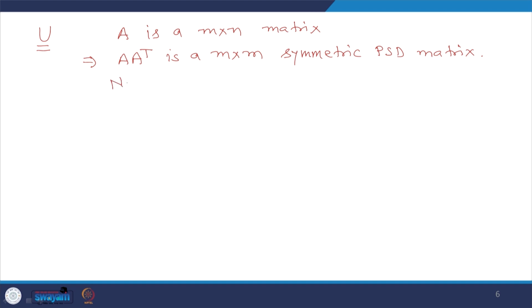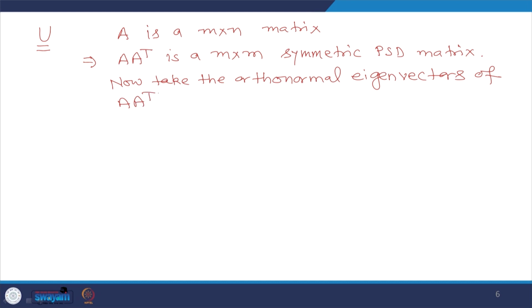Now, take the orthonormal eigenvectors of A into A transpose as, let us say, U1, U2,